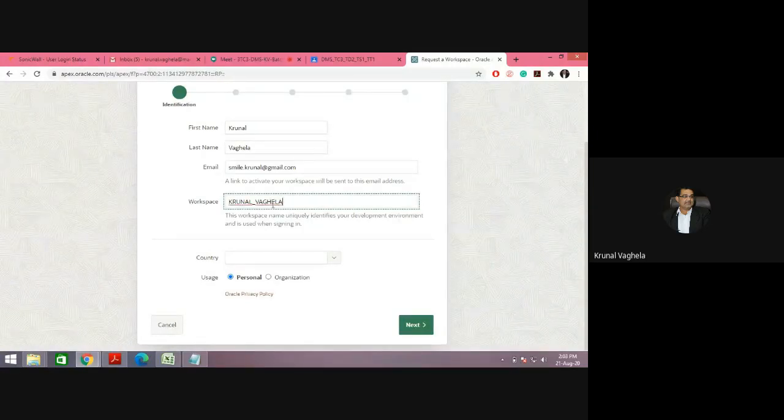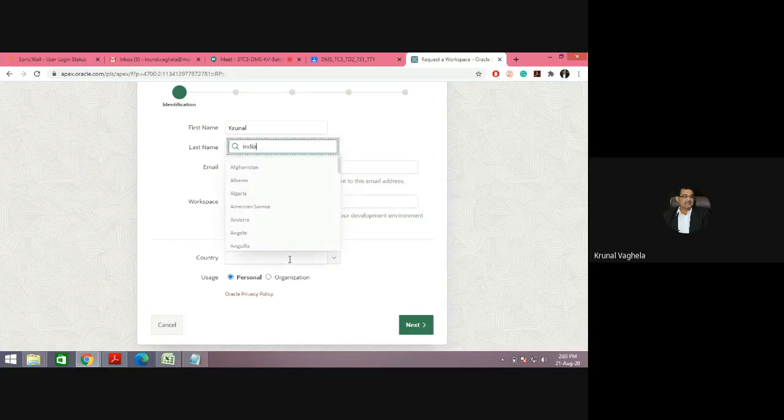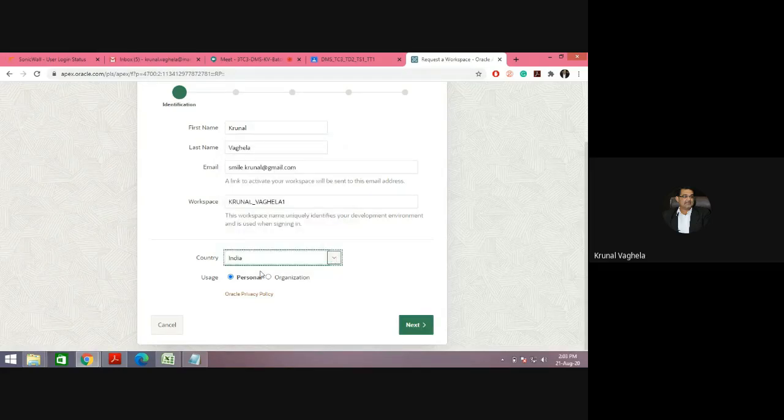But I cannot use this because I have already created a workspace with this name in my earlier account, so I'm using a different one. But you can use your name underscore surname over here. For country, put India, or whatever country you are from. This is personal. Got it? Name, surname, email ID, workspace name that you need to remember, and click on next.